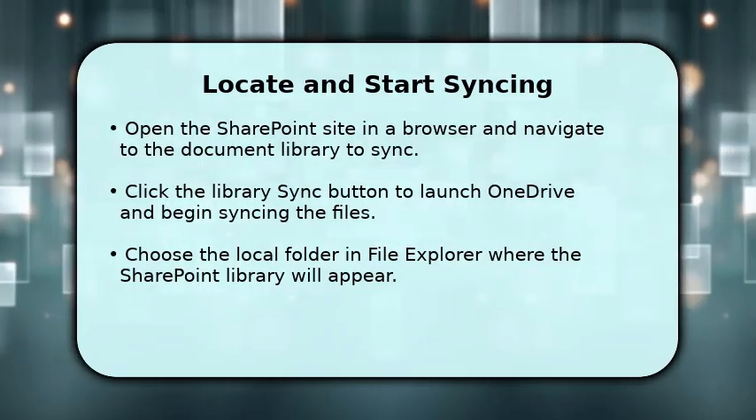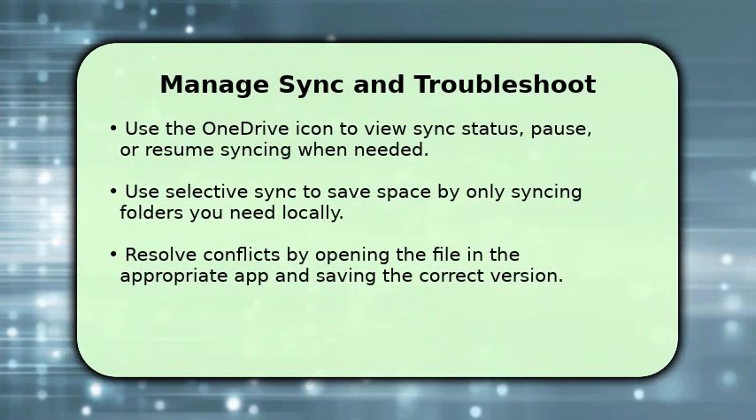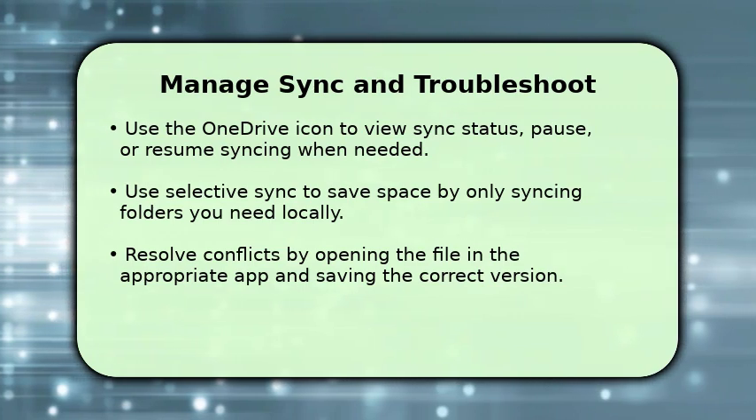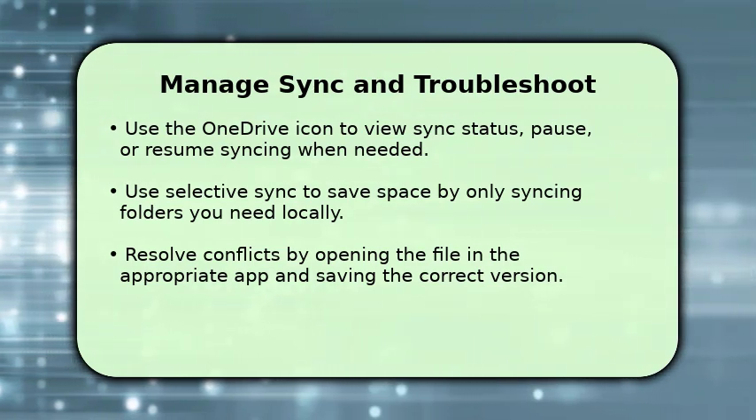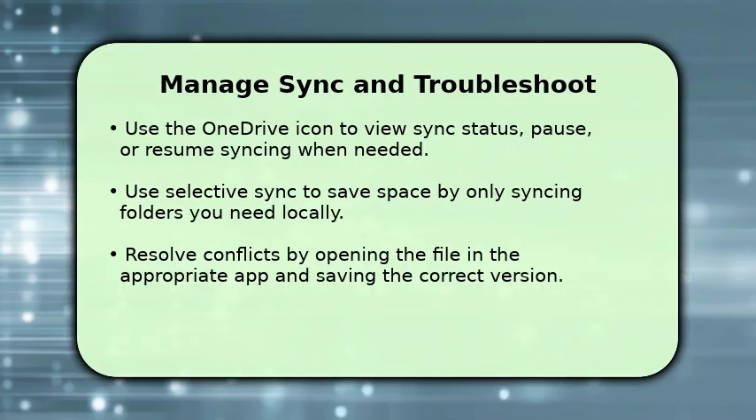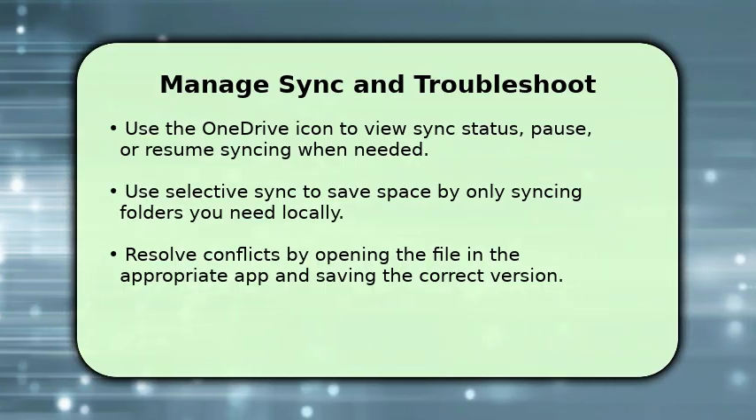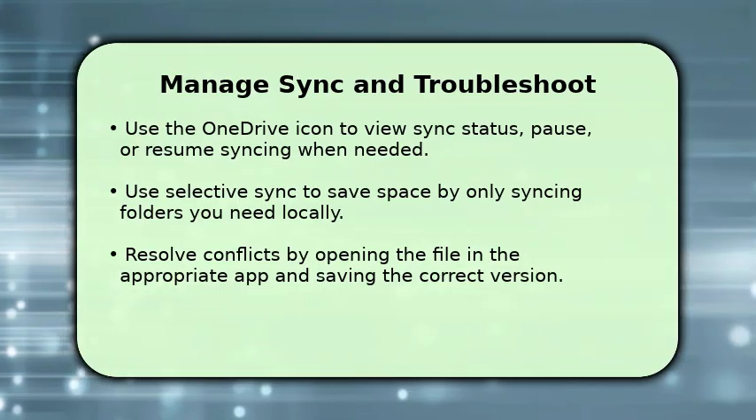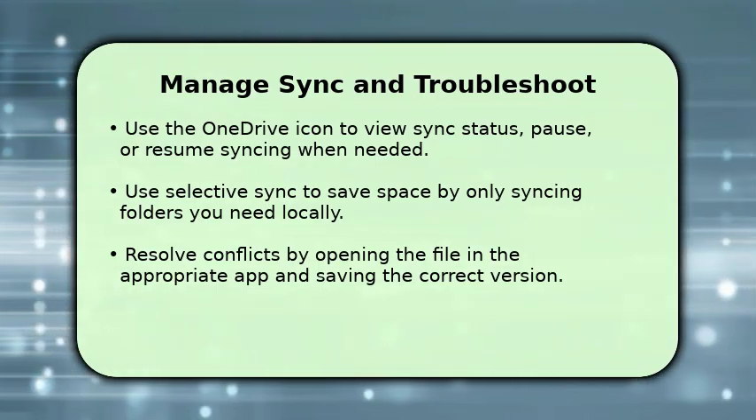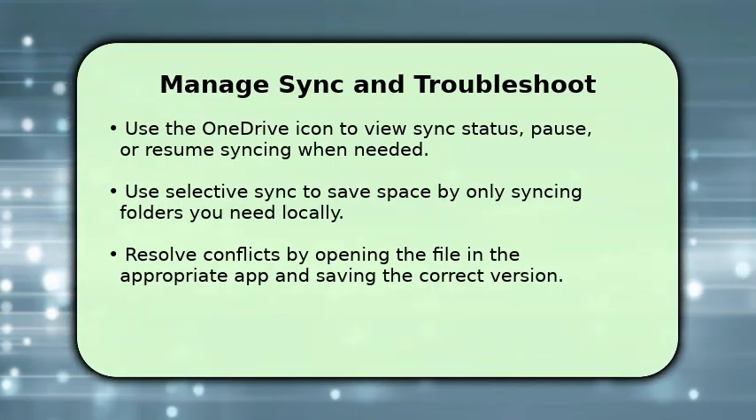Use the OneDrive settings to pause or resume syncing when you need bandwidth or to debug issues. Enable selective sync to choose specific folders and avoid syncing huge libraries you will not need locally. If a file conflict occurs, open the conflicting file using the correct application and save the final version to OneDrive. Finally,